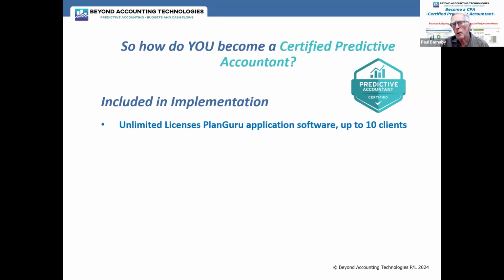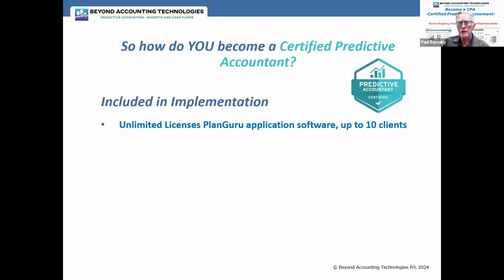Well, the first thing we're going to give you is unlimited licenses for the PlanGuru software. So you can give that or make that available to any member of your team without affecting cost. What drives the cost of PlanGuru in your practice is the number of clients that you've got on board using it. And within the joint venture delivery, we give you up to 10 clients.